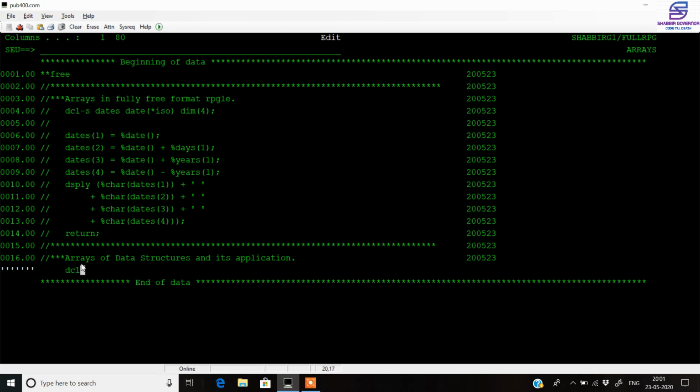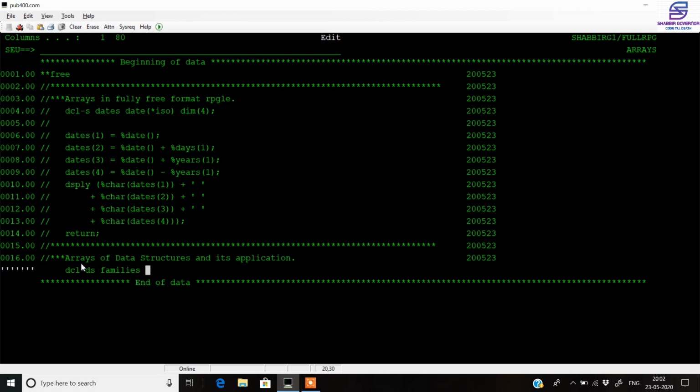So we declare it the same way using DCL-DS, and the name of the array that I will give here is families. We'll be creating this array such that it will be an array of families which will have addresses as well as the number of people inside the family, and inside that there will be one more data structure which will have the names of the family members as well as the ages of the family members.